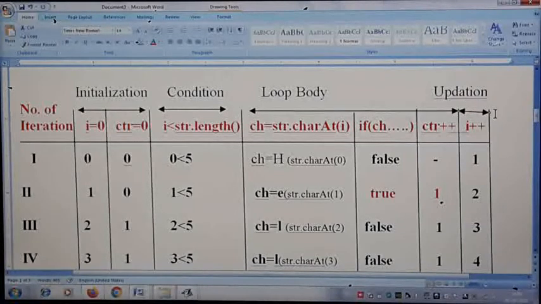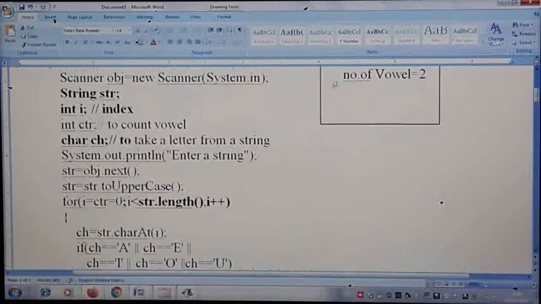Here, you are all understanding this concept. Whatever we have written in the for loop has been listed out here. So initialization part, after that it goes to the condition, then it goes to the loop body. In the loop body we have written 3 statements: taking a character by character, checking for the vowel, and if it is a vowel, we are counting it. Then once it finishes with the loop body, it goes to the updation part. In the updation part we have written I plus plus. You can see that here.